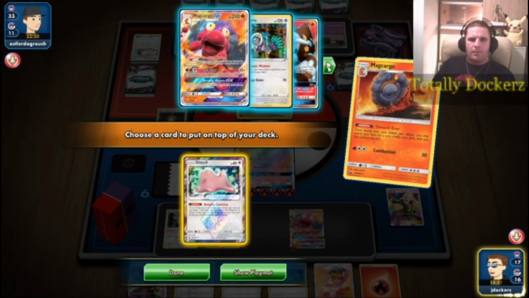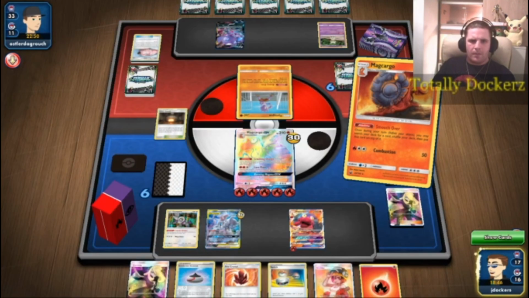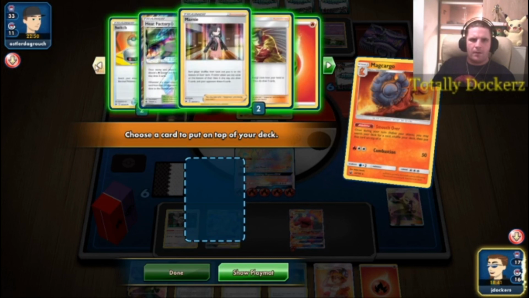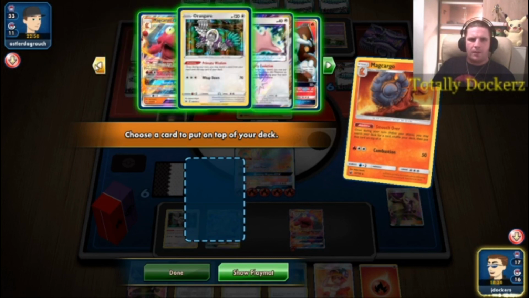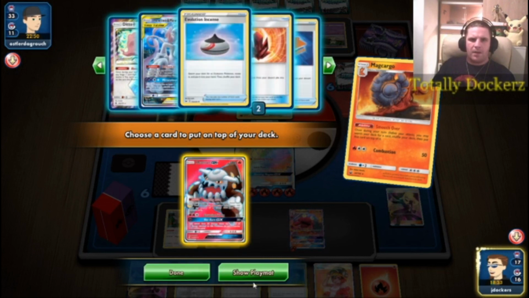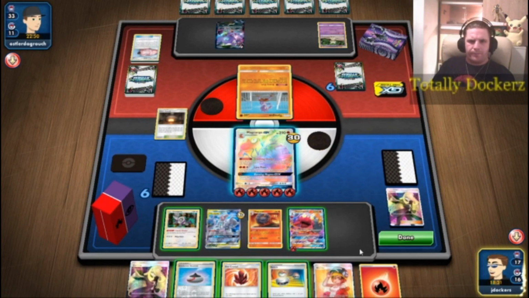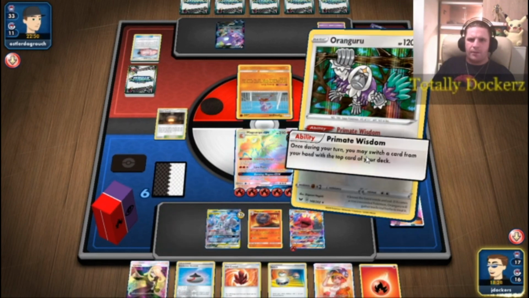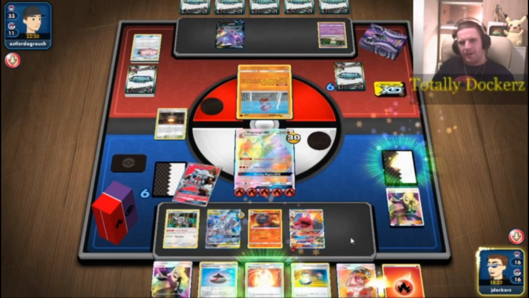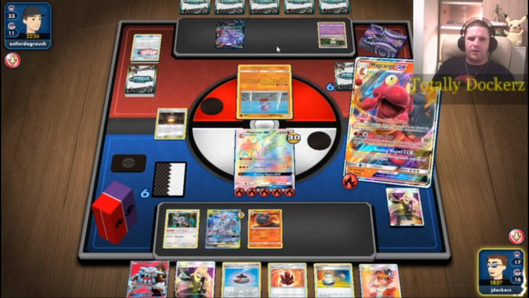What have I got here? What would make the most sense? I think get the Heatran just as a stocky wall type Pokemon. We're then going to Primate Wisdom, throw the energy back on top of the deck, crushing charge it